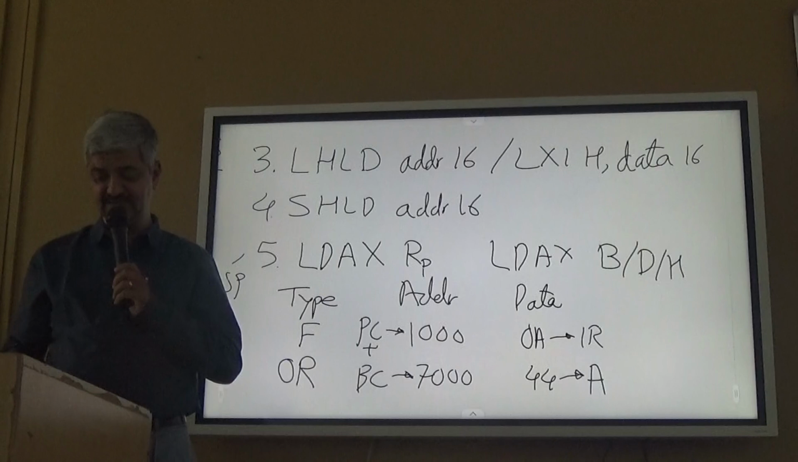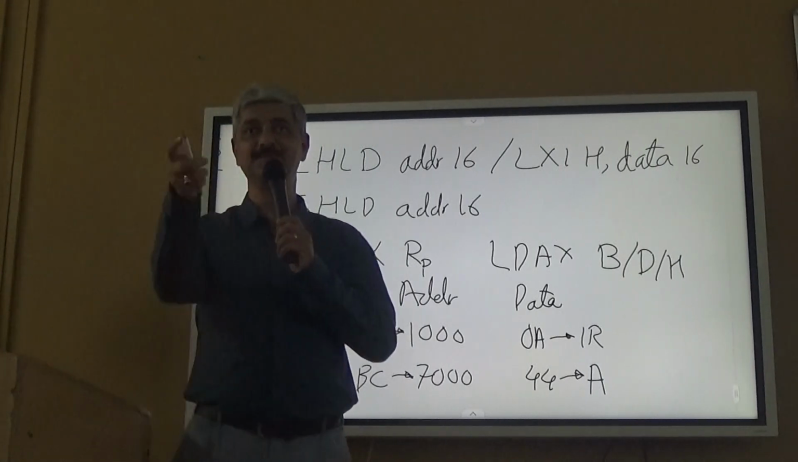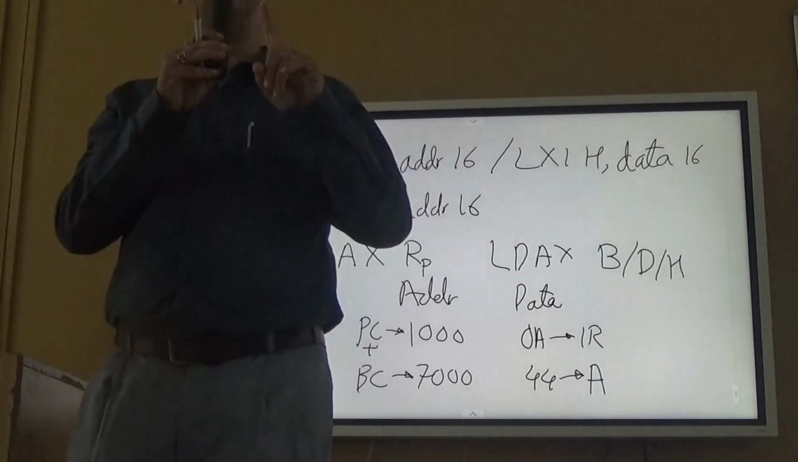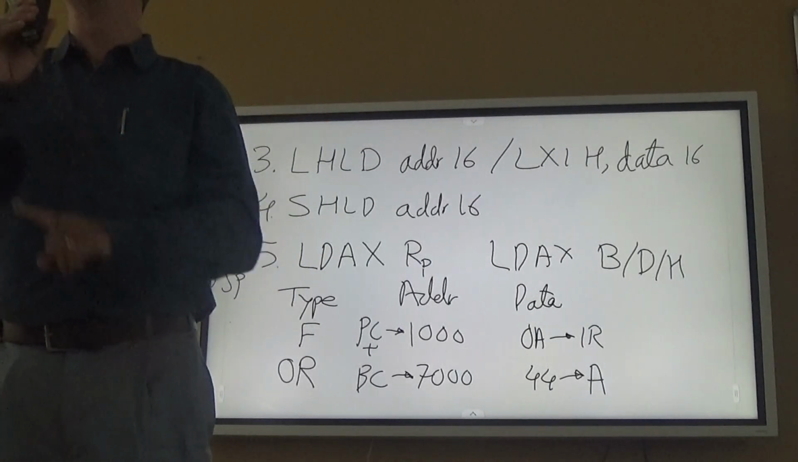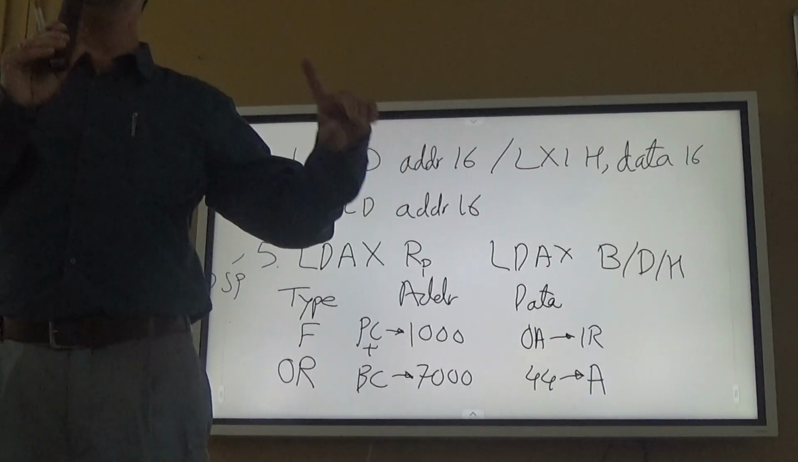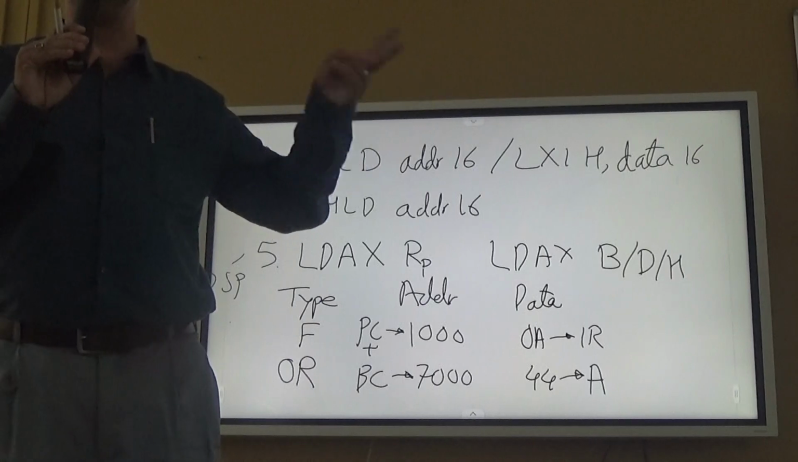Right, somebody is getting the thing. What is that? The equivalent is MOV A, M. So the LDAX H instruction is not needed. LDAX B and LDAX D are needed because